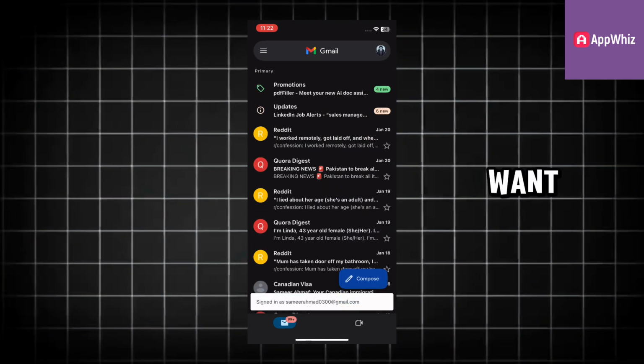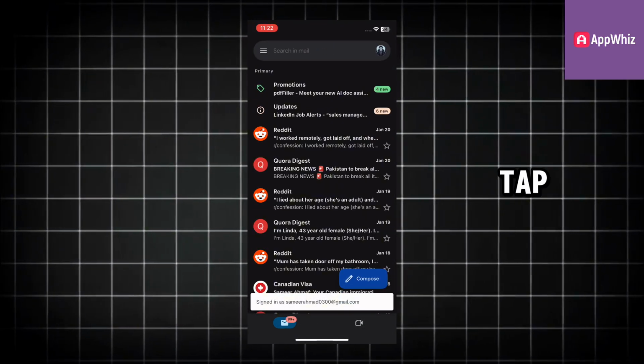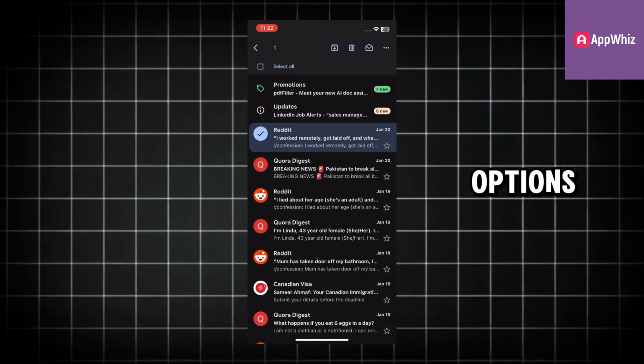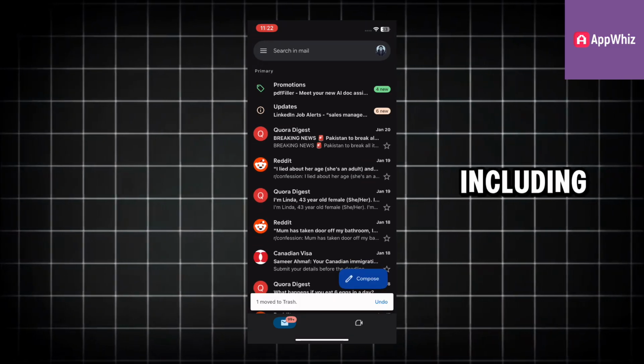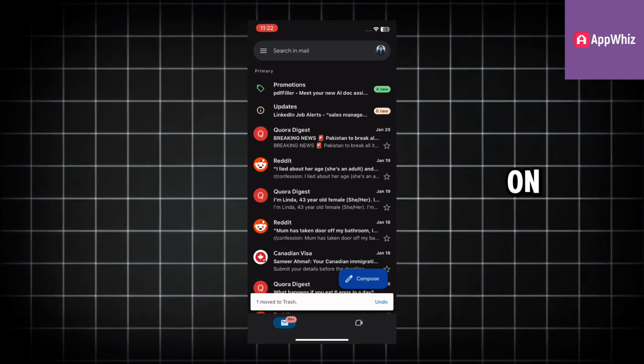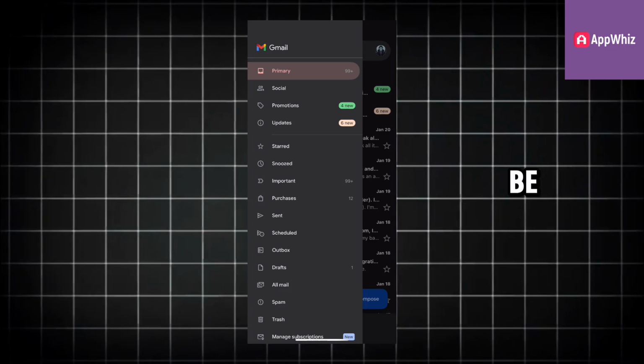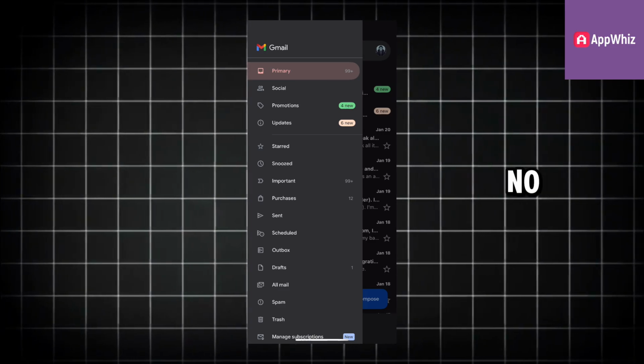Now, for example, if you want to delete an email, simply tap and hold on the email you want to remove. You will see a few options appear at the top of the screen, including a trash bin icon. Just tap on the trash bin to delete the email. Once you do this, the email will be moved to the trash folder and will no longer appear in your